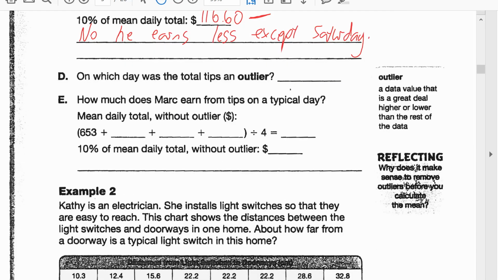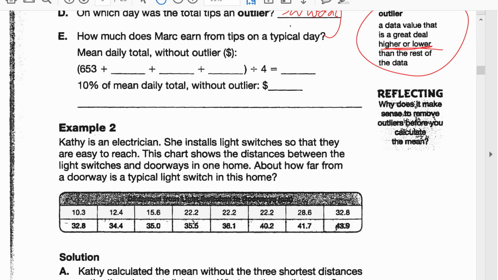Perfect. On which day was the total tips an outlier? Well, an outlier is a data value that is a great deal higher or lower than the rest. Saturday is a lot higher, so it's an outlier. How much does Mark earn from tips on a typical day? So that means everything but Saturday. Well, let's add up